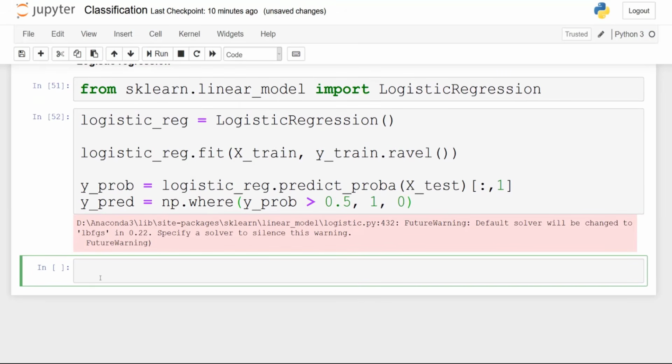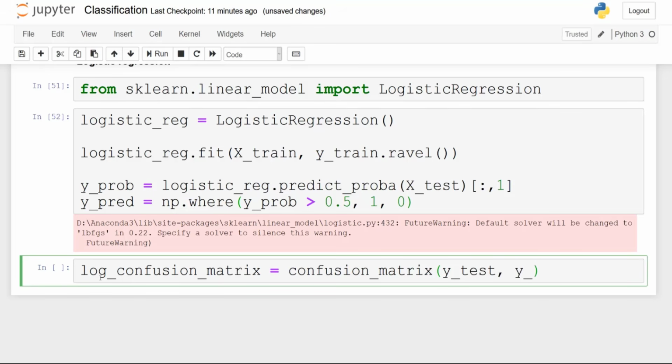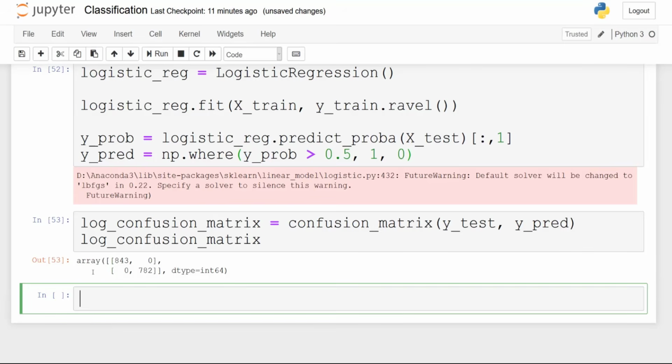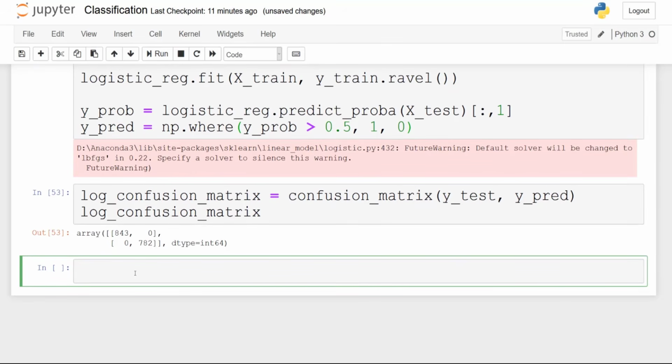So we have run that and everything is okay. You can safely ignore the warning on the screen. And now we're going to look at a confusion matrix. The confusion matrix is actually going to show you how many mushrooms were correctly classified. So for confusion_matrix, you pass in y_test and you pass in the y prediction. And hopefully, if those are equal, you will see that we have a diagonal matrix. And that is actually amazing. We have a diagonal matrix. So all poisonous and all edible mushrooms were correctly identified.